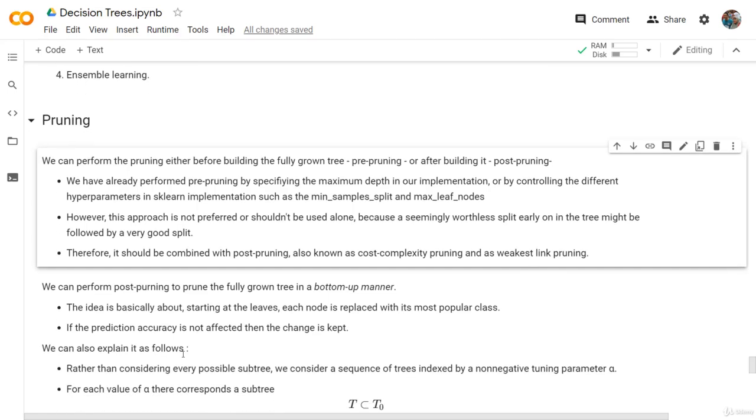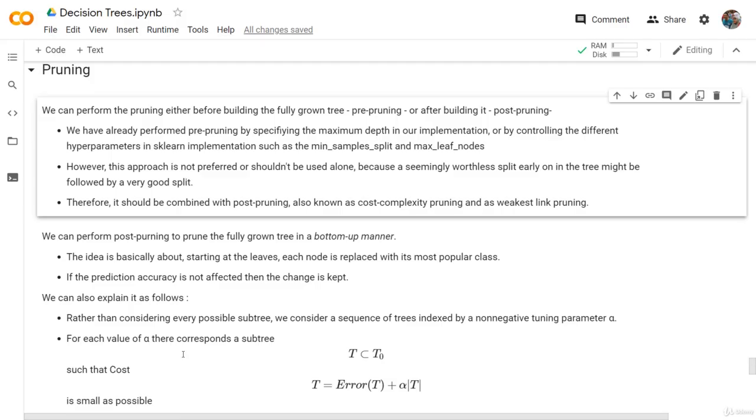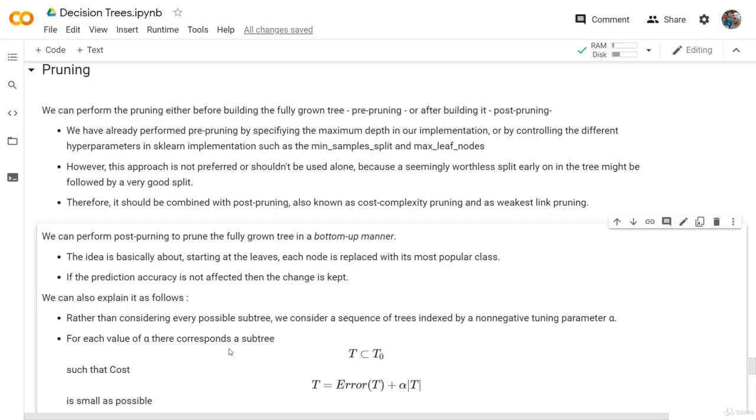Okay, we can also explain it another way. Now, rather than considering every possible subtree, we consider a sequence of trees indexed by a non-negative tuning parameter called alpha, and this is the alpha we saw in sklearn. Okay, so for each value of alpha, there corresponds a subtree like this, right? So this is a hyperparameter. Alpha is a hyperparameter. So it can be 0, it can be 0.1, it can be 0.2, 0.3, and so on. And for each value of alpha, there corresponds a subtree such that the cost